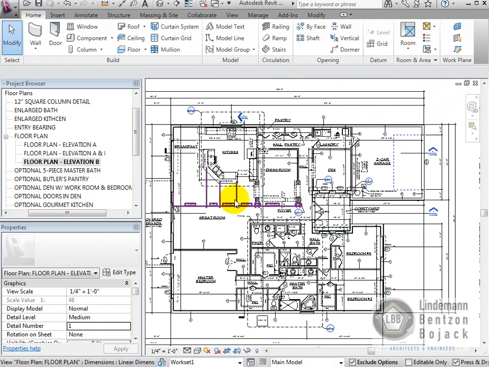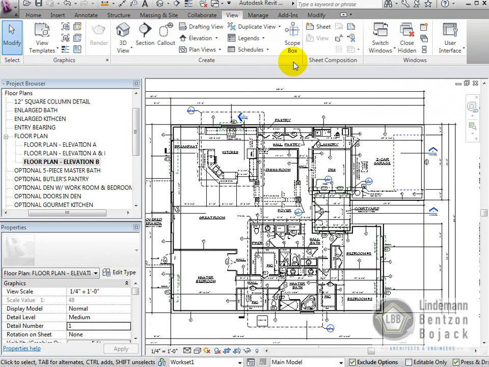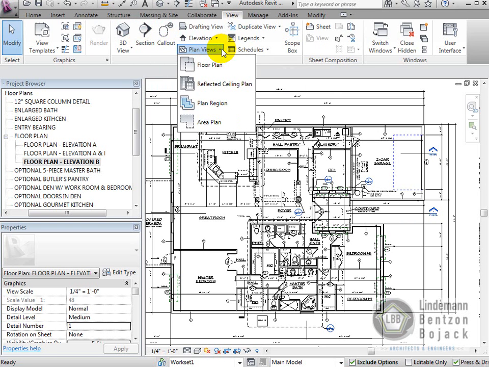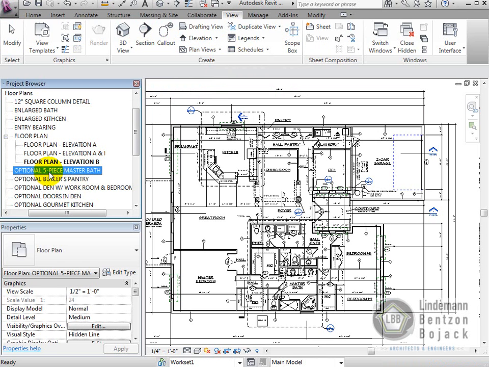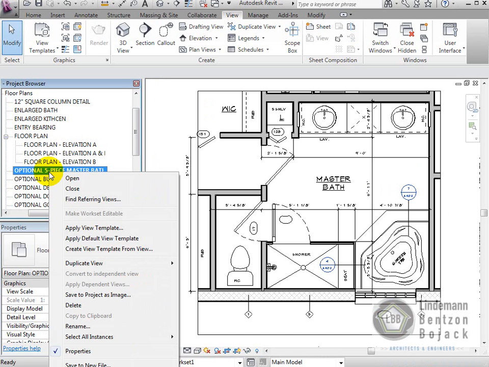Now to create a brand new view, in your tab menu up at the top, if you go to view, you have a create panel. And under this create panel is where you can create 3D views, sections, callouts. You can create another plan view, items like that. But if you're going to be working with existing models, a lot of times you are just going to duplicate a view. So if I come down to this 5-piece master bath, and I right click and say duplicate view,